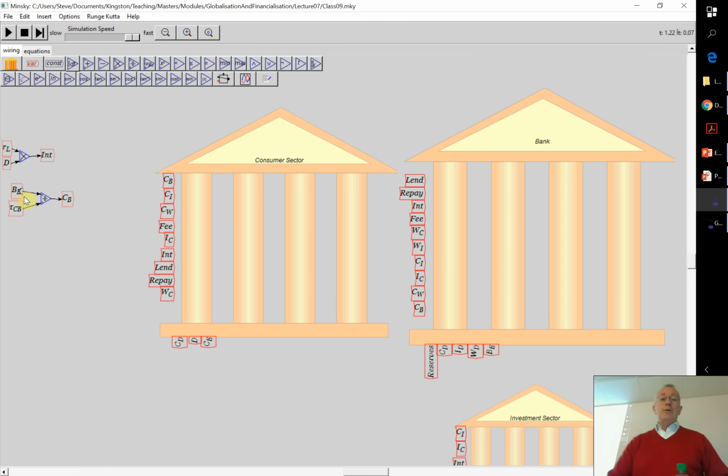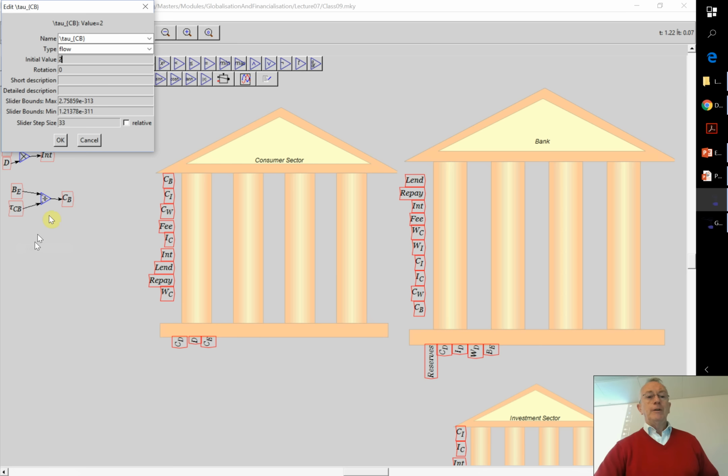We have 4 types of variables in Minsky. This is still like a developmental idea, so we can define, if you see this drop down, there's flows, constants, parameters and integrals. So the idea is to first define something as being one of those entities and then be able to translate from one to the other. So you might start, for example, with population as a constant. You're not looking at population growth. Then you might make it a variable, so you see what happens if you use a slider to change population coming into the country. Then you can make it an integral as well, so you've got population growth going on. So those are all elements there. But at the moment, that's not complete. So I just leave everything defined as a flow.